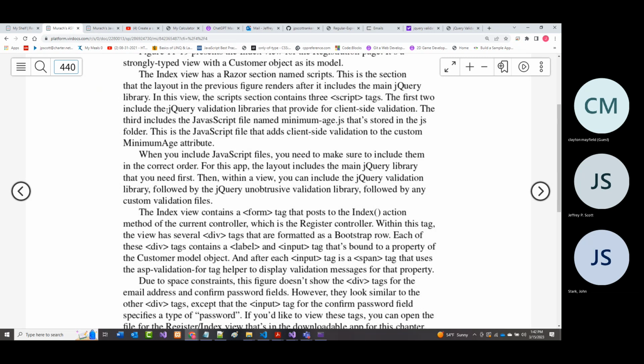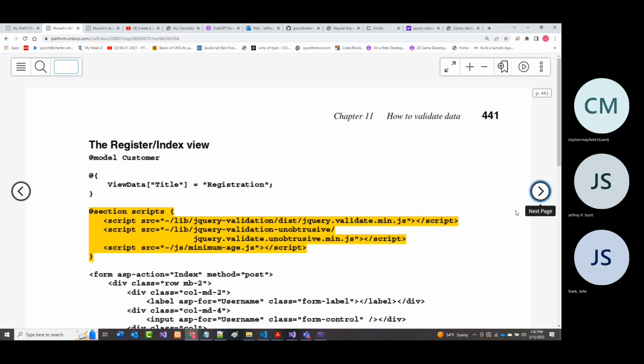It has 3 script tags to bring in the necessary validation. That way, as they mention at the bottom of the page, the files are only loaded for the registration page, and they're not loaded for the other pages as they're not necessary there. So that's it for the chapter.